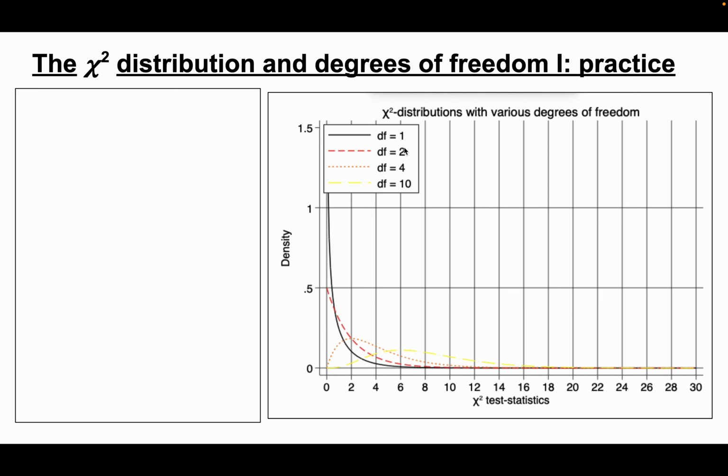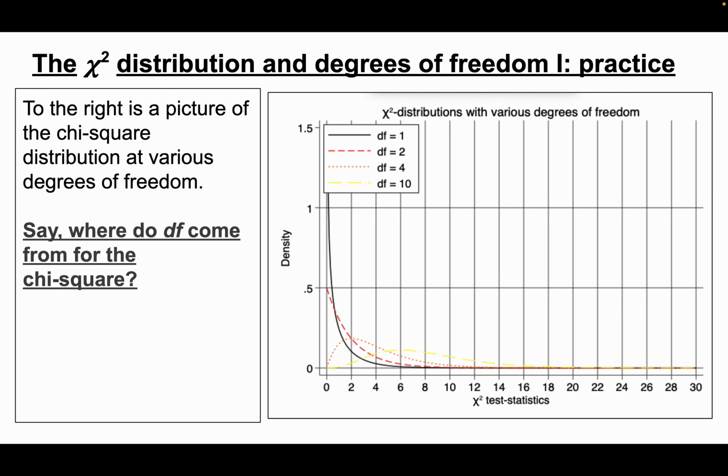But then interestingly, as we increase the number of degrees of freedom, you can see the mean is shifting over pretty perceptibly here. And also the variance is clearly there's a little bit more spread as well. And that's kind of all fairly intuitive, I think. So again, theory aside, the degrees of freedom are just rows minus 1 times columns minus 1. A little bit repetitive, I suppose, but it's important to just know how to calculate them as well